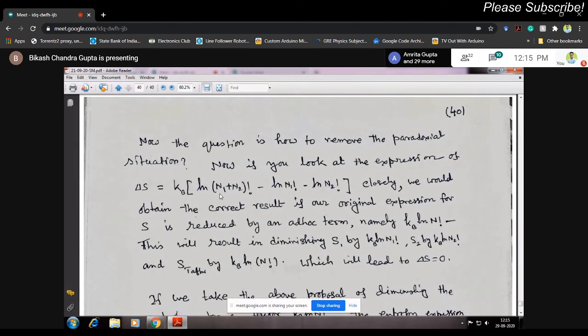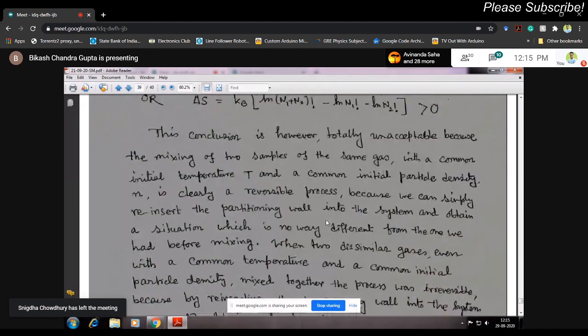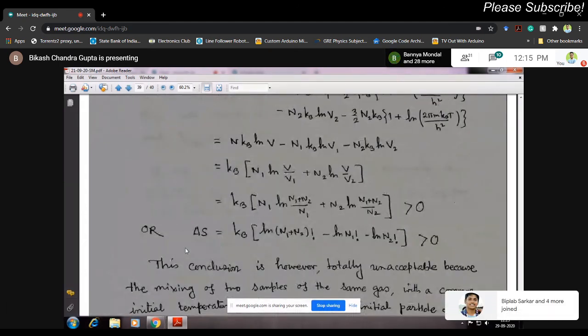তুমি দেখো, আমি যদি এই টার্মটাকে রিডিউস করে ফেলতে পারতাম অরিজিনাল এন্ট্রপি থেকে, সিমিলারলি এই টার্মটাকে যদি আমি এন্ট্রপি থেকে রিডিউস করে ফেলতাম ফর দ্য ফার্স্ট সিস্টেম অন দ্য লেফট হ্যান্ড সাইড কম্পার্টমেন্ট, আর এইটা ফর দ্য রাইট সাইড কম্পার্টমেন্ট, তার মানে তোমাকে বেসিক্যালি যেটা করতে হবে, এই যে ডেল্টা এস দ্যাট টার্নস আউট টু বি গ্রেটার দ্যান 0, নাও উই হ্যাভ টু মেক দিস 0. 0 করতে গেলে কি করতে হবে?